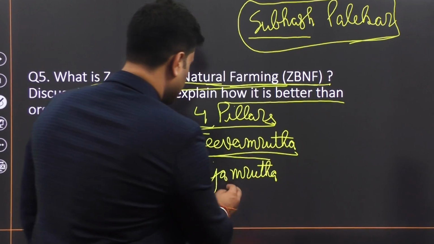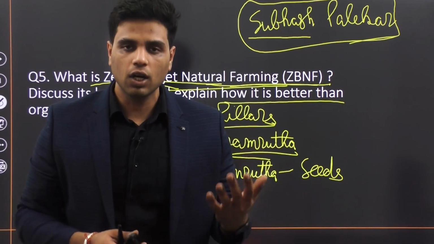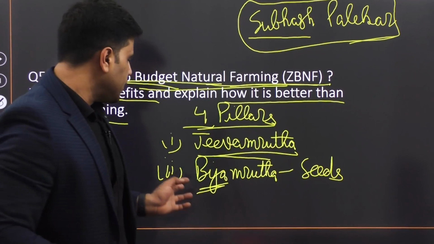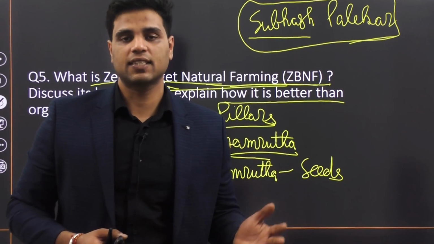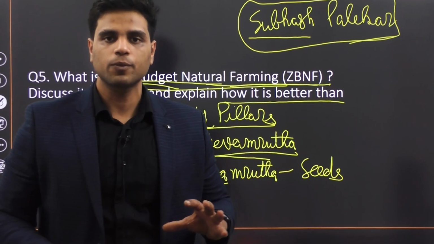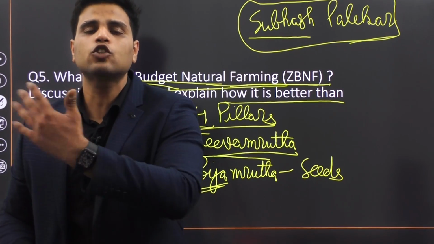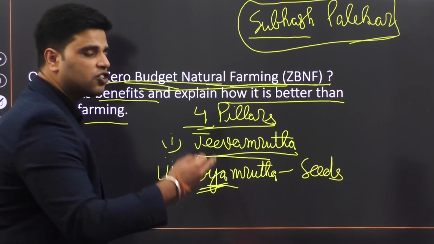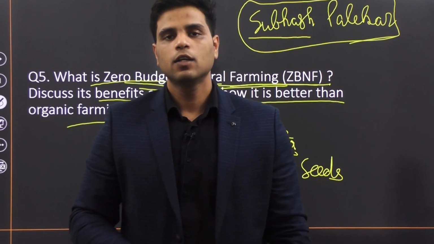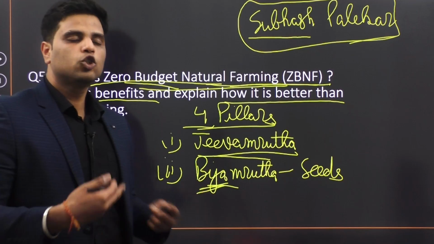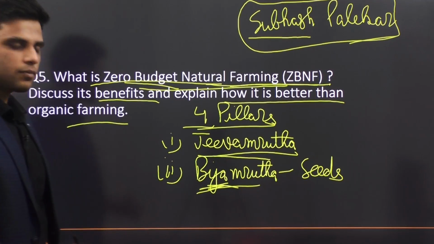You actually treat the seeds, beej. You actually treat seeds with neem and various other natural products, right? The reason for treating seeds is, well, that's very simple. Generally, we use pesticides so that harmful insects and microbes do not grow near these crops. Well, if you don't want to use chemical pesticides, then you should use natural stuff so as to prevent harmful insects from growing, right? So Bijamruta is treating of seeds so that harmful insects and harmful pests do not attack the seeds or these plants. So we are not using chemical pesticides, but those pesticides that occur in nature. Neem, cow urine, various other things. So Bijamruta, then